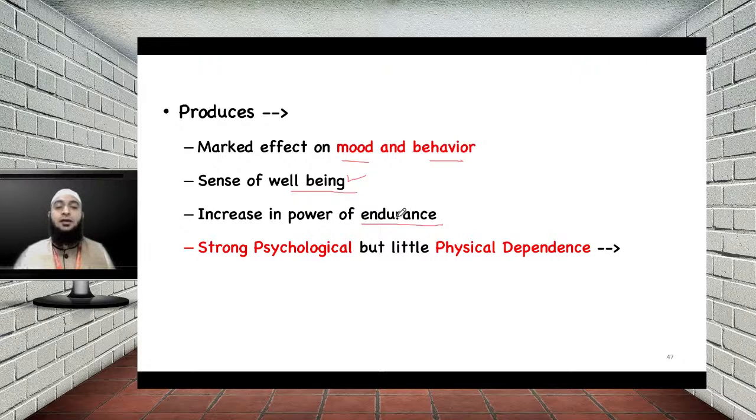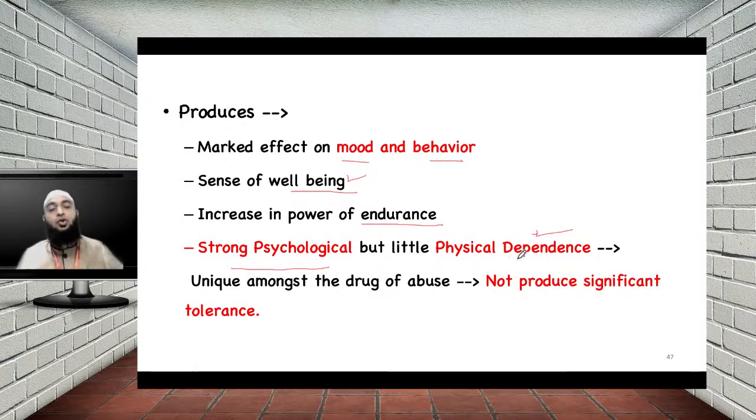It also produces strong psychological but little physical dependence. So the dependence and the addiction produced by cocaine are basically due to strong psychological dependence. As a result, if the patient doesn't get cocaine for some time, there will be a very strong craving or hunger for cocaine, and that patient will not live without it. Okay, so it produces strong psychological but little physical dependence, and it is unique among the drugs of abuse, and that is the reason